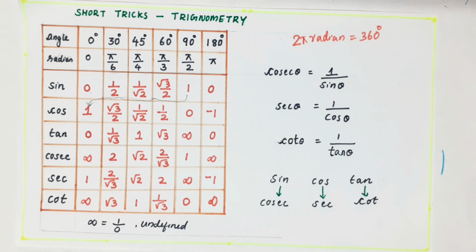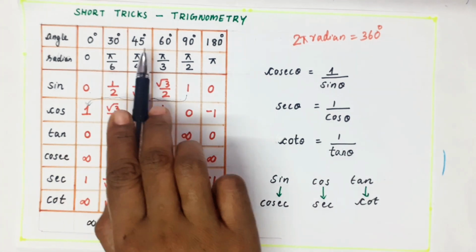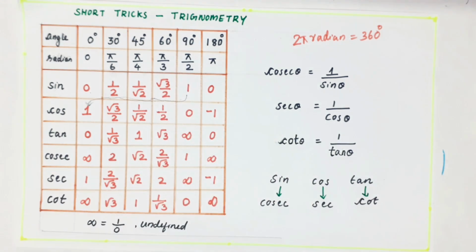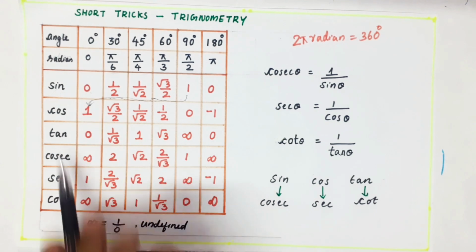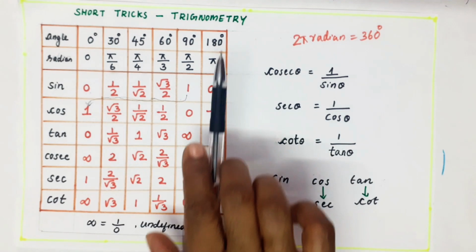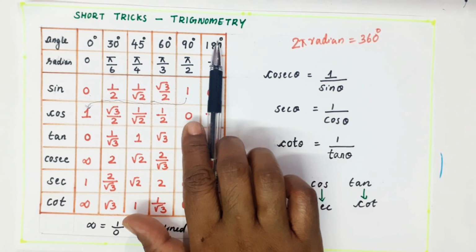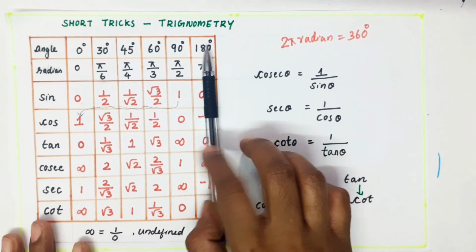Clear? So these shortcuts you have to remember for solving numericals, especially 30, 45. These first 5 are asked in many exams. If you know these values only, you can solve the numericals. So I told how to remember the values, nothing is there, only you have to write the column like this. In few cases you need to learn this, okay, the rest you can do in maths and all.